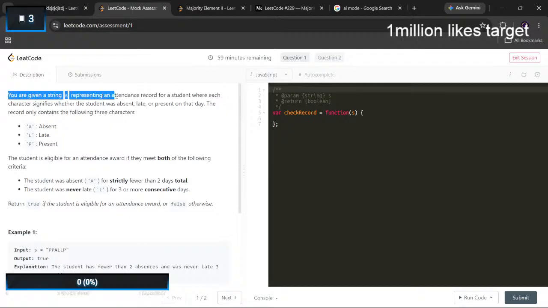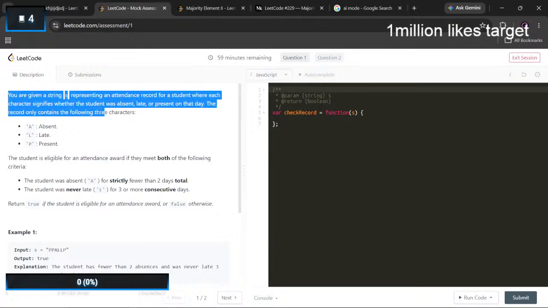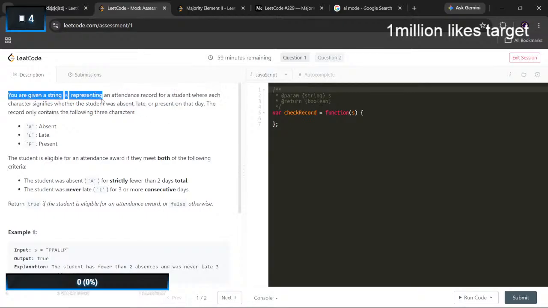You are given a string representing the attendance record of a student where each character signifies whether the student was absent, late, or present on the day.